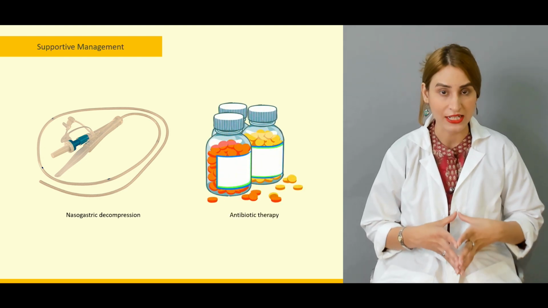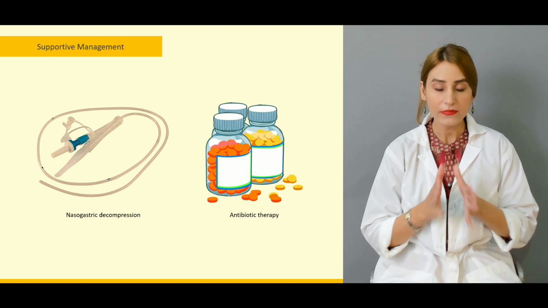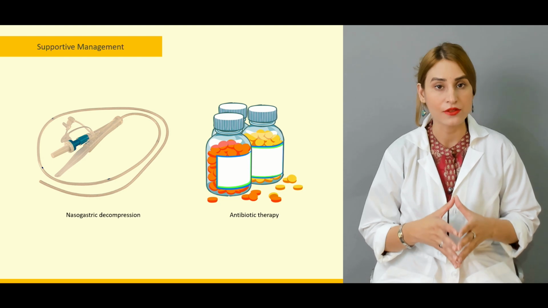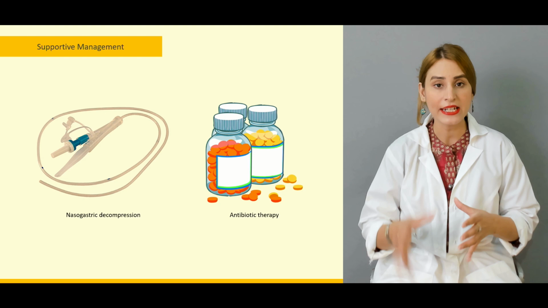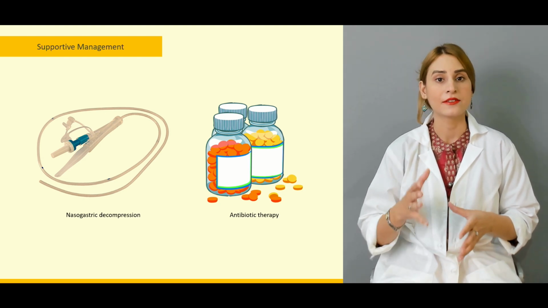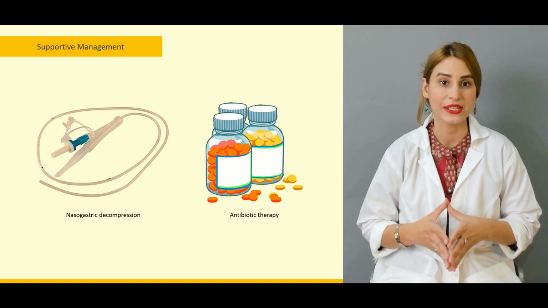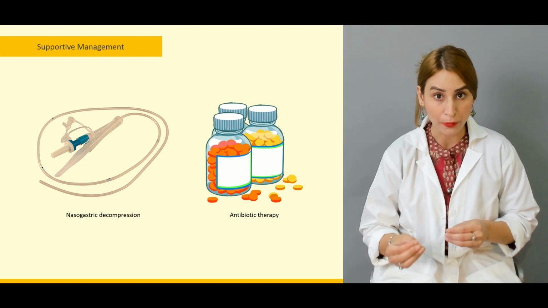First is nasogastric decompression, and the other is antibiotic therapy. How are we going to do that? First of all, you have to make the patient NPO, nil per oral. You have to discontinue any kind of fluid or food to the patient. You have to put the patient on IV fluids, and you have to pass the nasogastric tube down to